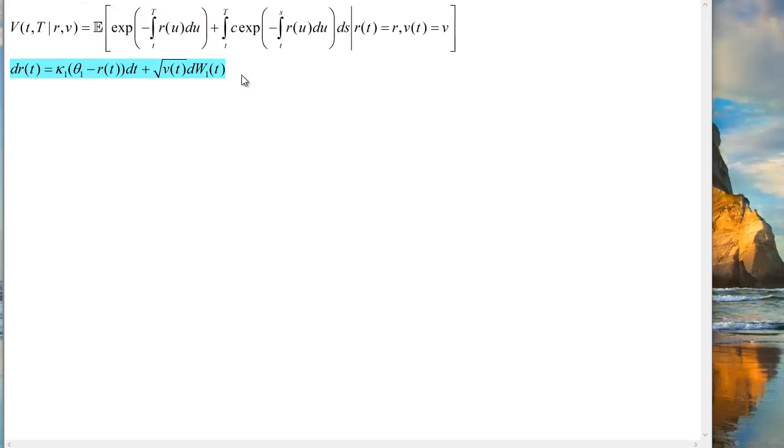So this is the Vasicek dynamics with volatility, which is defined using the square root of variance, and the variance will be subject to Cox-Ingersoll-Ross. Okay, so dv is equal to, so that's the dynamics for the variance,